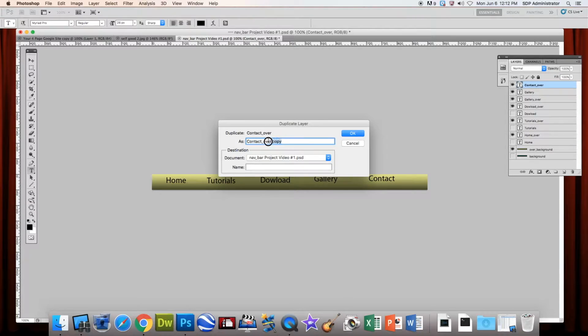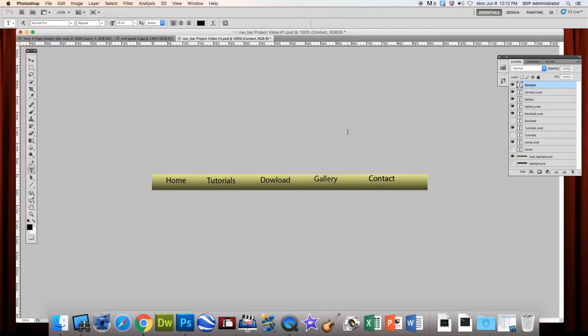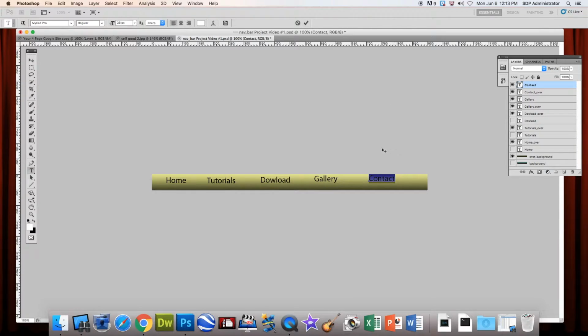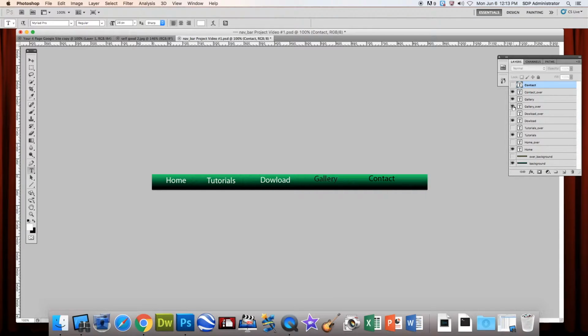Take this stuff out. It's going to be white. And click OK, and the check mark. Okay, so is this one black? Yep. And that one's white. So here's what it's going to look like. And if I switch this to here and put this on and take this off, and put this on and take this off, and put this on and take this off,